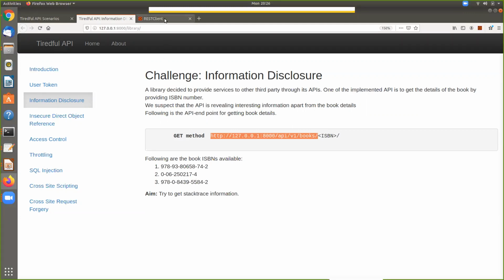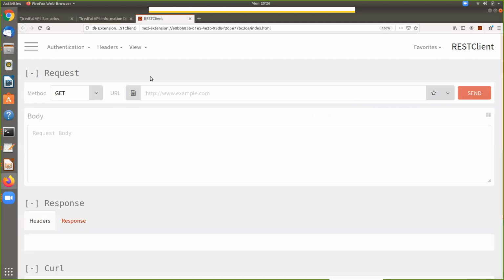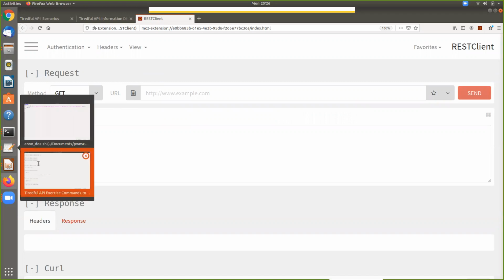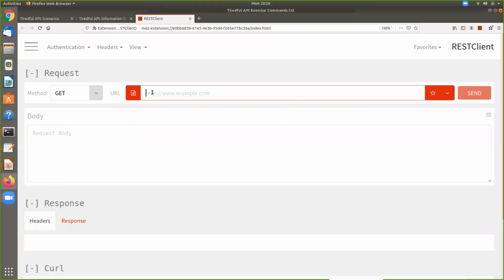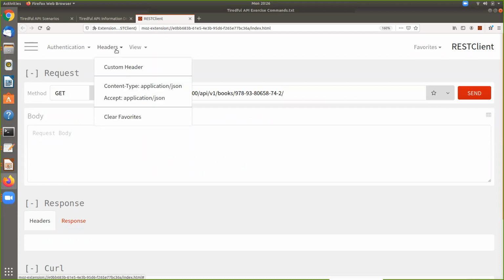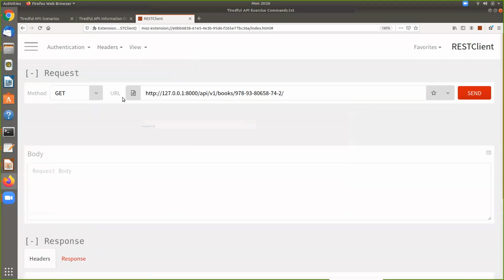And so for that, I'm going to go ahead and bounce over to the REST client, as I mentioned in the slide deck, as to what I'm going to be using. Now, I did copy these commands out just so I can copy and paste and get through these demos a little faster, so we're not here all night. Go ahead and throw that in here, and let me make sure my headers are what they need to be. It looks like I need the GET method. I need an Accept header. So we'll add the Accept header. So we're going to accept essentially JSON. This doesn't require a body.